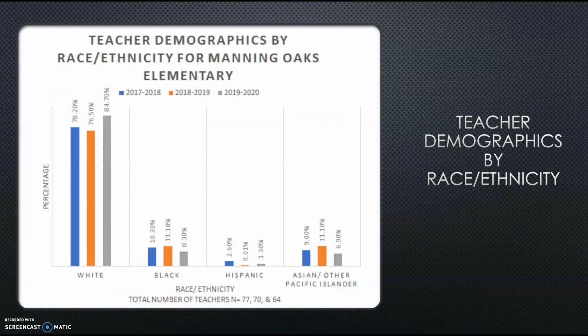As we continue to examine the data, we can see that the vast majority of teachers at Manning Oaks Elementary are white. In 2019-2020, 84.7% of teachers are white, while only 21.7% of students in Manning Oaks are white. We must consider how the lack of diversity in the staff at Manning Oaks Elementary contributes to the low level of English language learners that demonstrate proficiency in English language arts, and what it could do for these students if they saw diverse representation in their teachers. Additionally, we must consider if instruction is culturally responsive to the diverse student population.